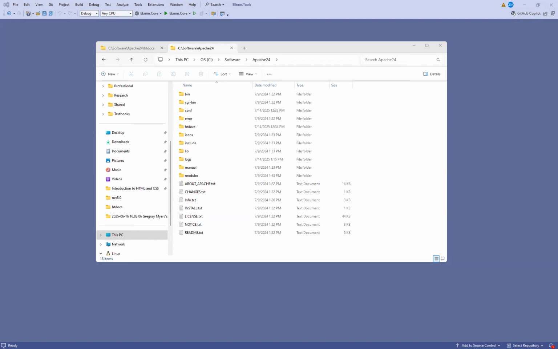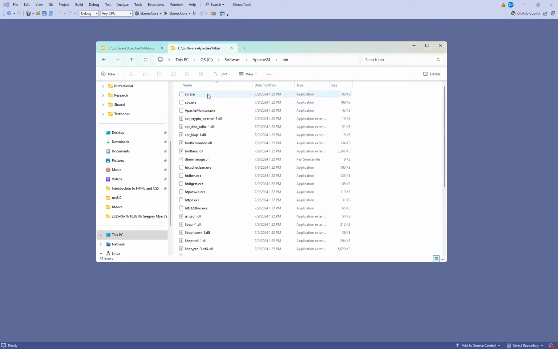But in this example, we're going to focus in on the settings files and the structure for a Windows installation, beginning with my location for my Apache web server. You'll notice that it's in C:\software\Apache24, and that just happens to be the particular Apache web server that I'm running. What we're interested in is a couple of folders, really. I'm just going to take a second to point them out. The bin folder, of course, is where you launch your Apache daemon, the executable. There's my